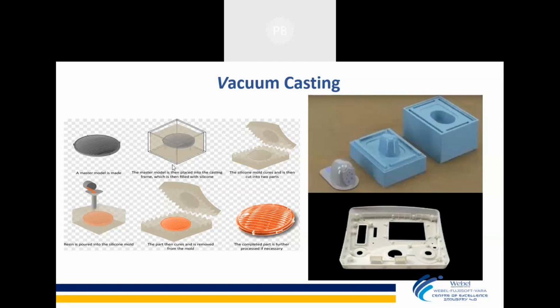Then this master mold is placed, top and bottom, in silicon. This kind of rubber silicon is filled up as liquid silicon. Then this silicon is cut in a zigzag structure into two pieces. You can see these two pieces. Then the master mold is taken out, and the impression of the mold, the cavity and the core impression, is here. Now it is closed again. There is a small orifice where we put the liquid material. It takes the liquid material, it gets opened, and we get the part. So that is the complete process. Developing the pattern with 3D printing is now a very convenient and highly accurate way for vacuum casting. You can directly do that.